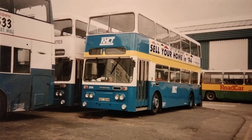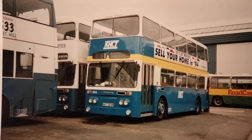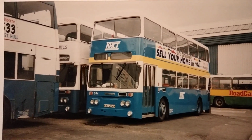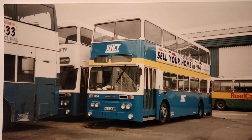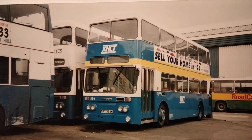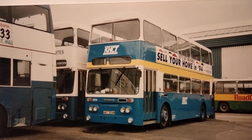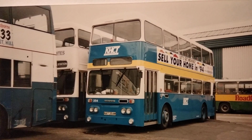Unfortunately, it didn't operate for very long in its repainted form. It was sold along with 349 in May 1994. 354 initially went to Frank Poppleton of Pontefract. It finished up back in Hull with the late Jim Houghton. At the time he traded as City Central and Corporation Transport, and it remained with him when he reconstituted his